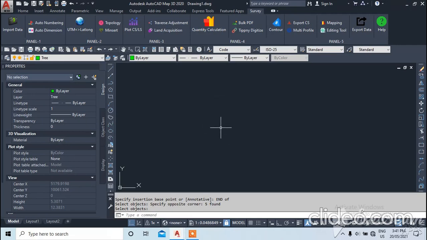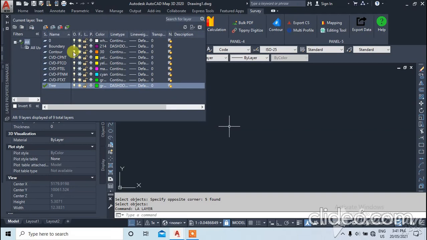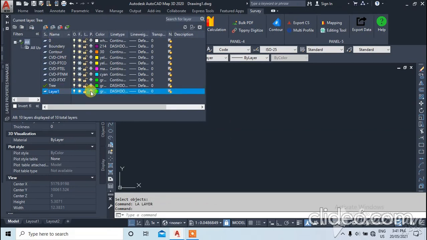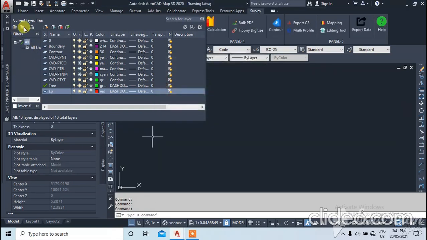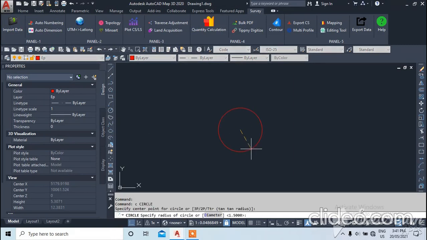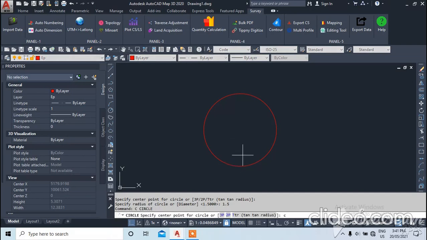And one more block we will create, electrical pole, EP. I'll create some red color or something. Double click it. First one circle with 1.5 meter radius. So this means the 0.75 should be there.